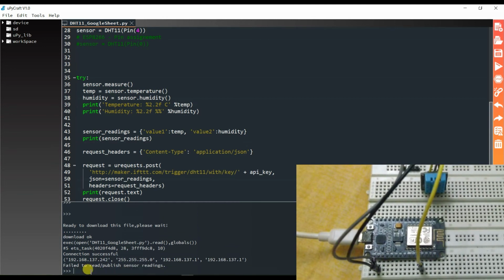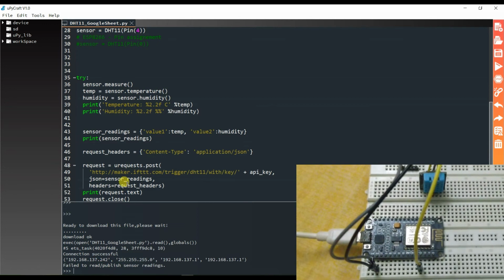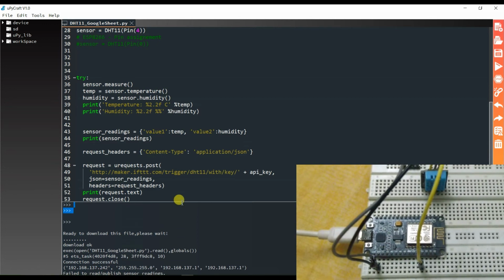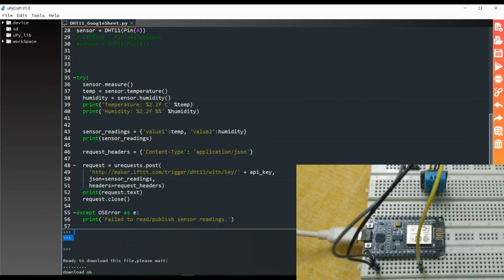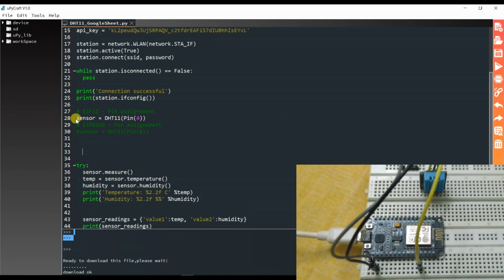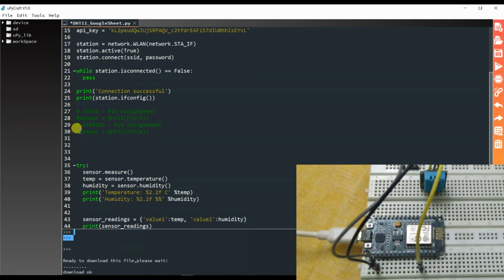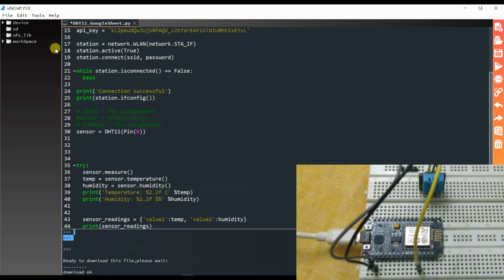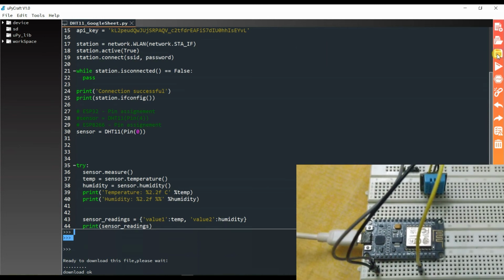What is the problem? Fail to read. Oh, I will comment this line. I will again save and run.